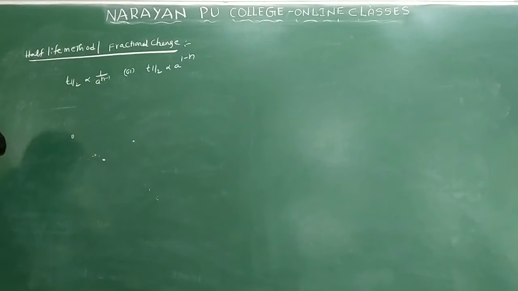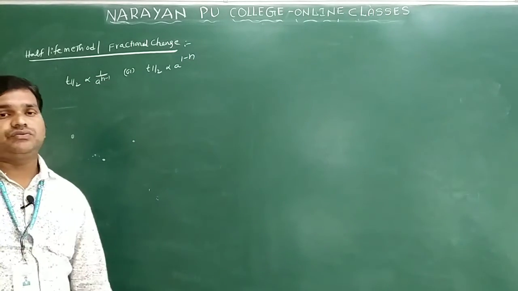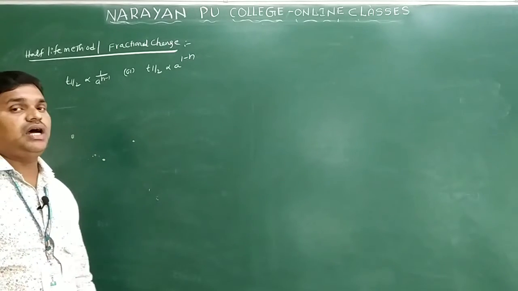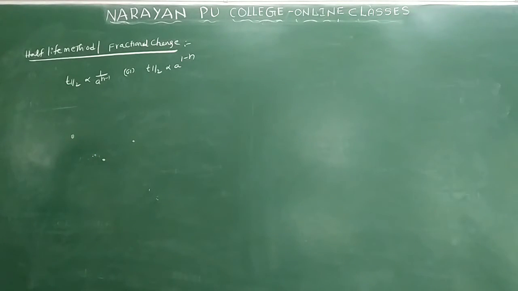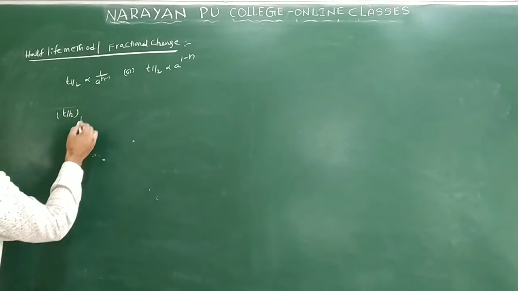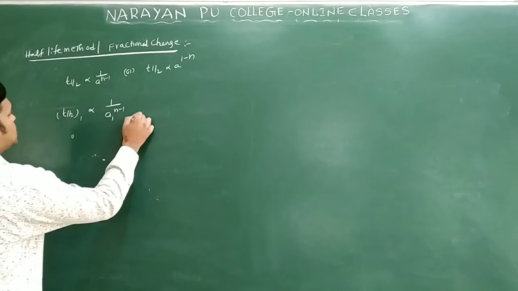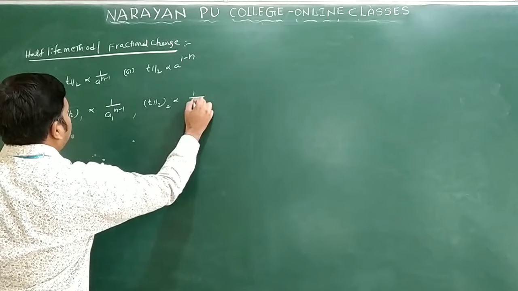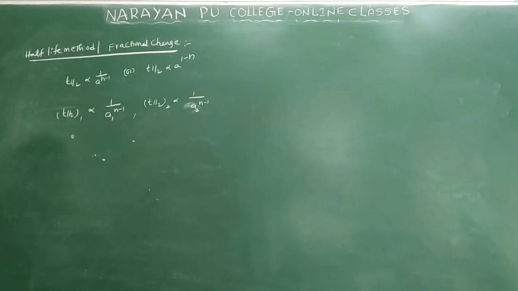Here, suppose we take t half at two different intervals, t1 half and t2 half. The concentration also is different. A1 and A2 are the initial and final concentrations. T1 and T2 are the initial and final time intervals. So I take t1 half inversely proportional to 1 by A1 whole power n minus 1, and like this t2 half inversely proportional to 1 by A2 whole power n minus 1.